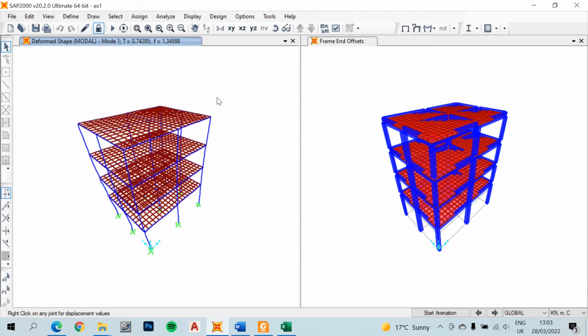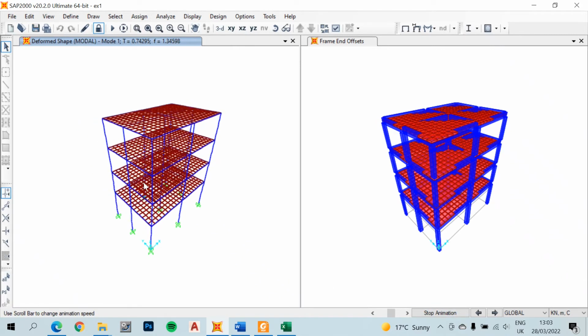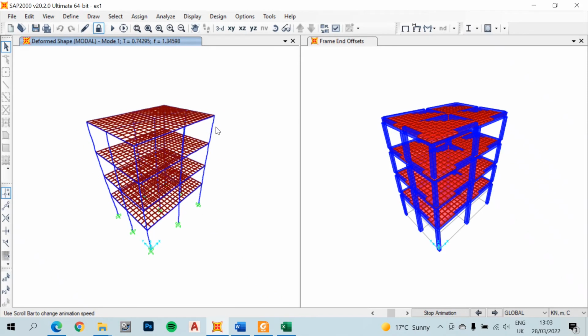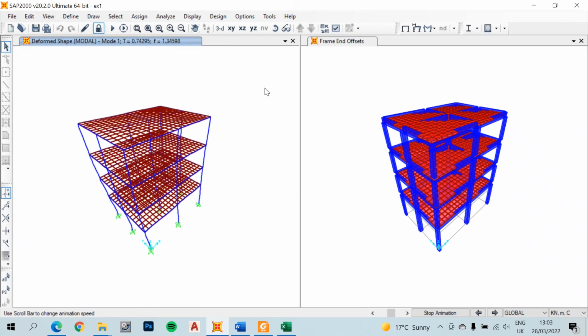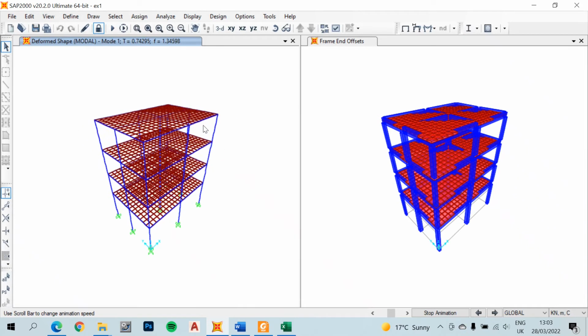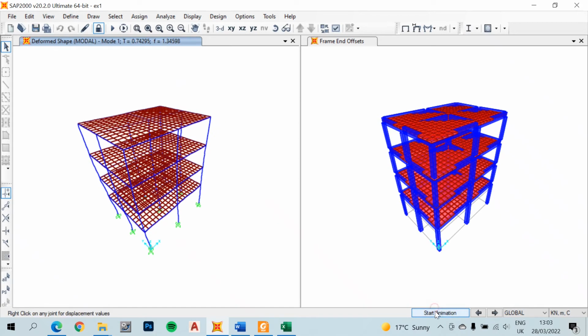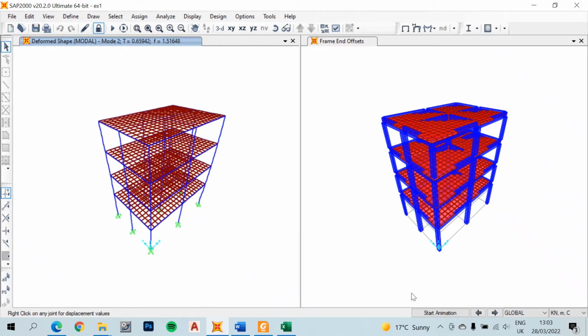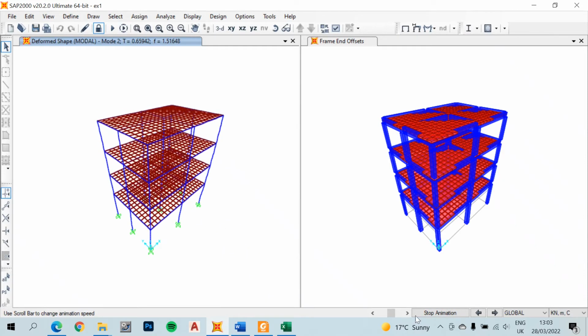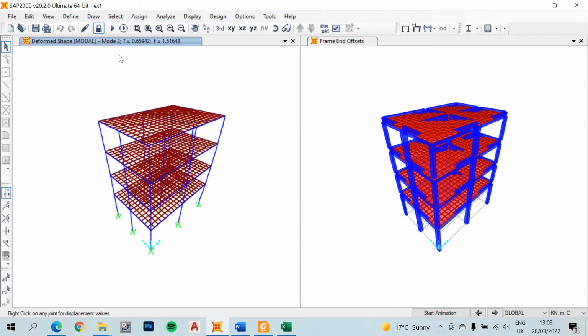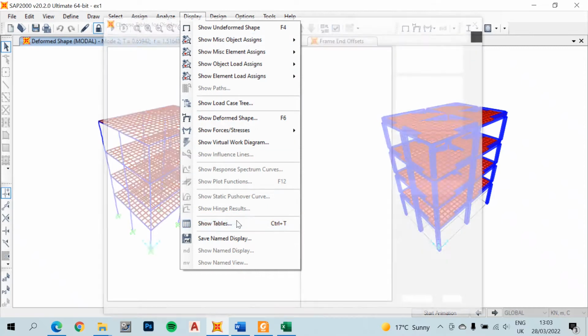Yeah, so this is the phase period. I think it's dominating in the x direction. You can see how the model is vibrating in the right direction, in the x direction. And I can stop and check the second mode, and you can see that the second mode is dominant in the y direction. Also, if you want to see all the model results, I can go to here, display tables,